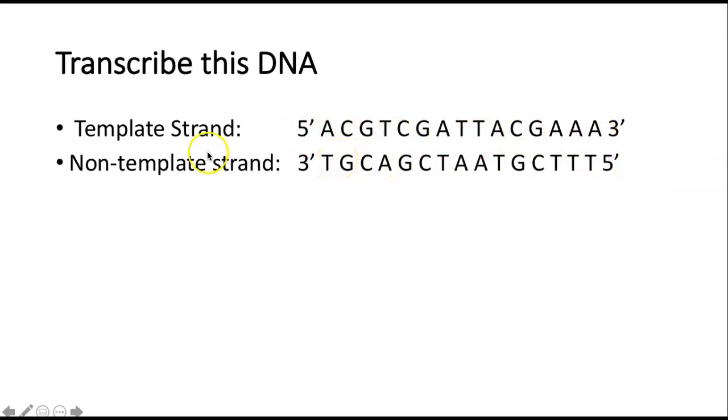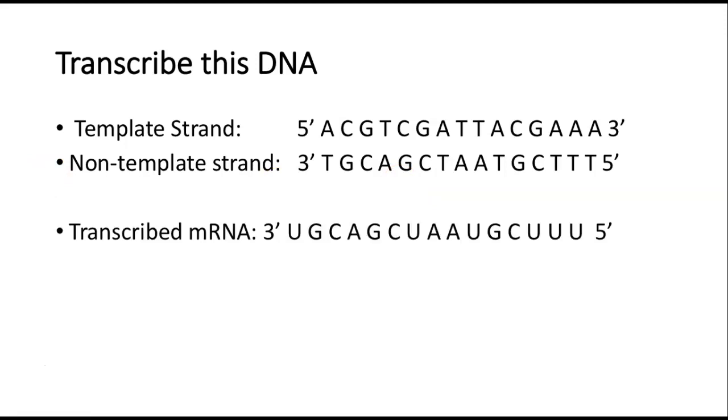And sorry, I'm actually even giving you a further step. This is our non-template strand of DNA. Here's 3' to 5'. Now, what you could take from right there is literally, if I gave you that, all you'd have to do is copy that and then replace the T's with U's, and you've got your answer. That's your transcribed mRNA. If I don't give you the non-template strand, it's the same idea, just making sure you're going 3' to 5' and changing the T's to U's, okay? And so that's how you would transcribe DNA.